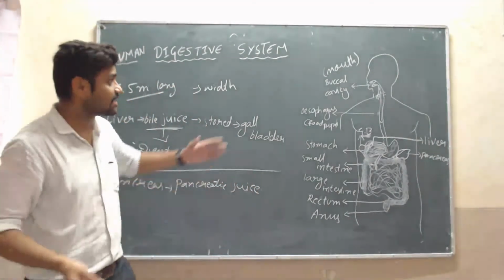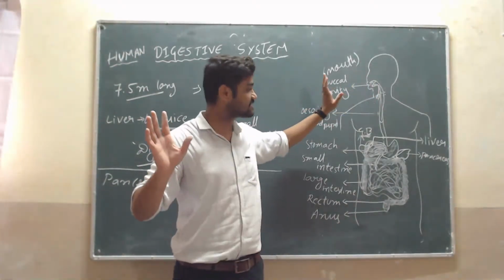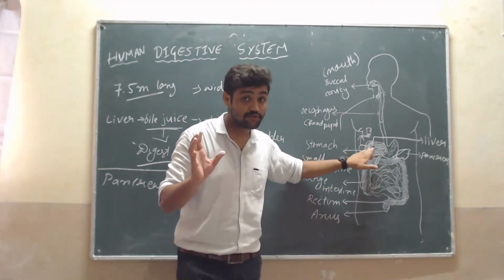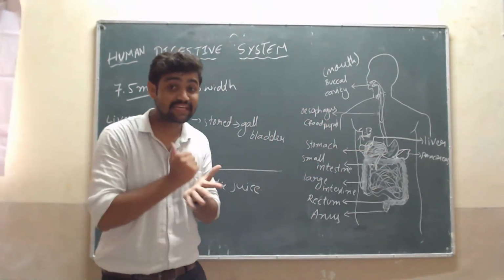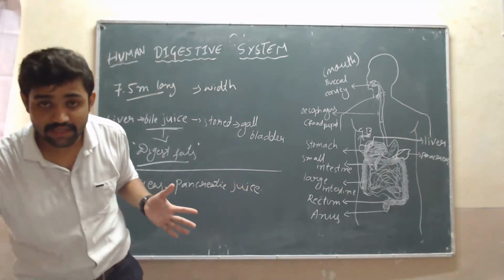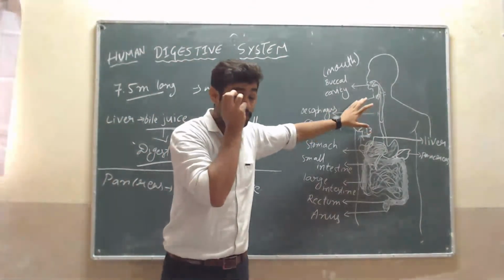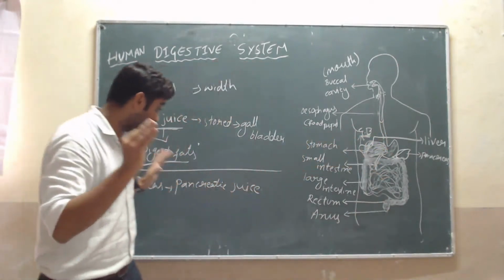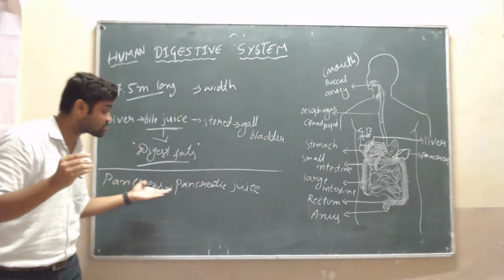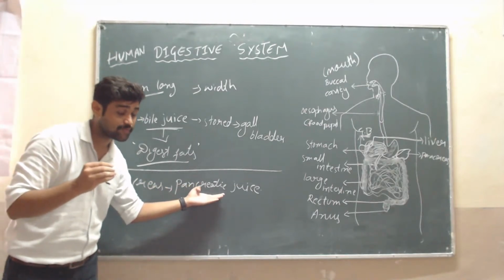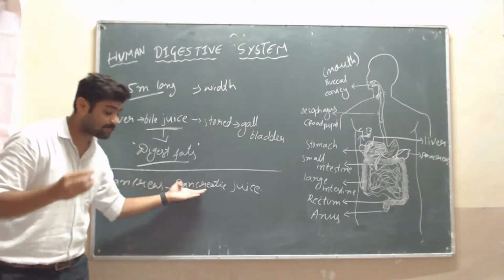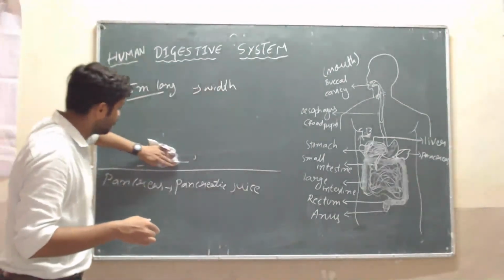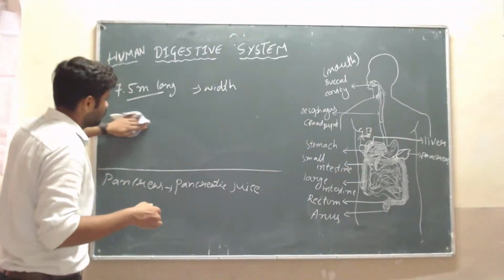Sir, what is left now? You said that here the carbohydrates are digested, some of the proteins are digested in the small intestine, and with the help of bile juice fats are also digested. See here carefully, the partial amount of carbohydrates, proteins and fats are digested. Now with the help of the pancreas or pancreatic juice, the total or full amount